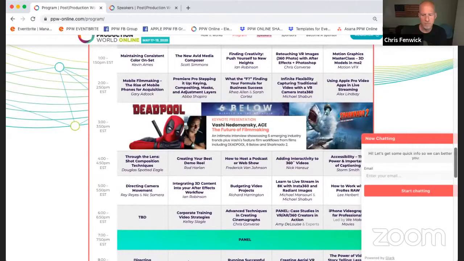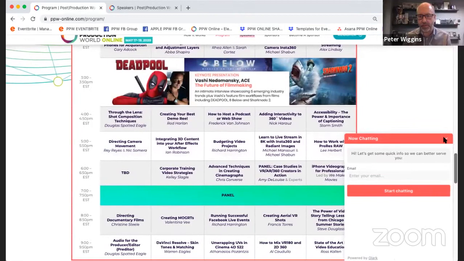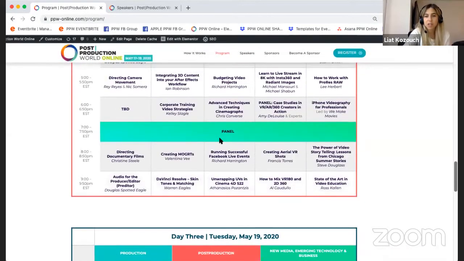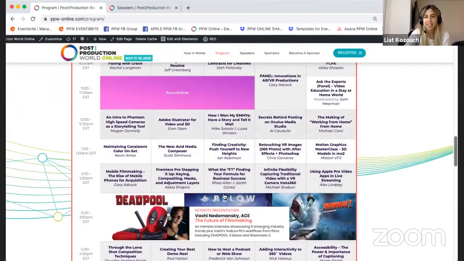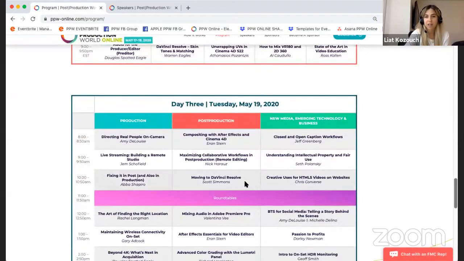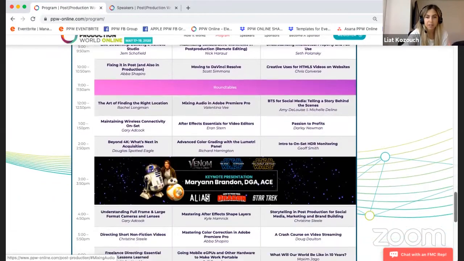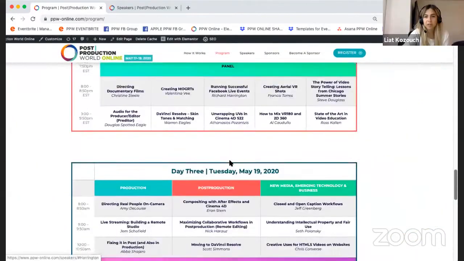No, that's good. Okay. I think, can you just mention the right-hand side? Because that's the Apple track, isn't it, to start off with? Yeah, I was going to get to that. Okay, I just wanted to, no, that's fine. So basically the full pass is access live to anything you want. And then rest assured that you'll get everything going on here that you didn't get to attend live as a recording post-event. Awesome. Yeah. So now I'm going to zoom in real quick on the Apple track.